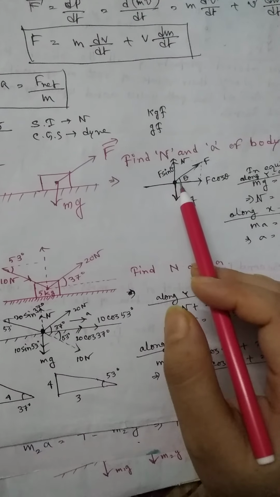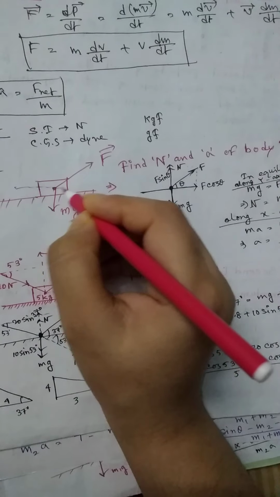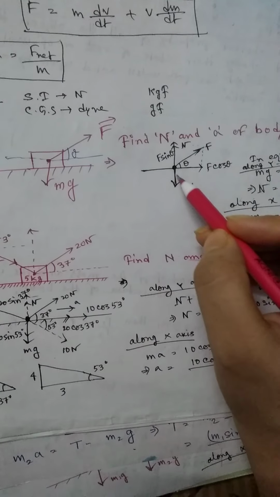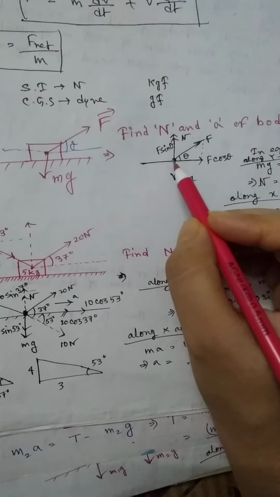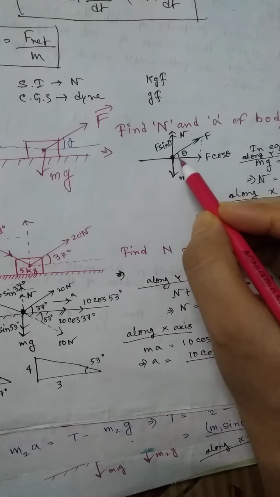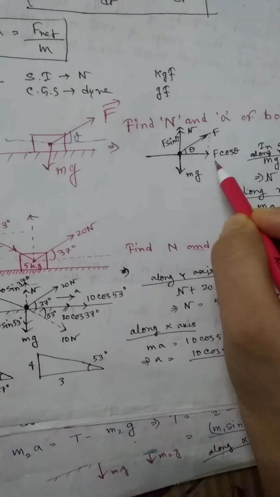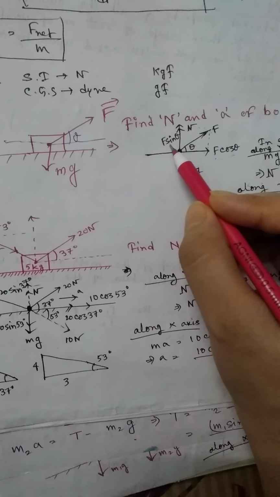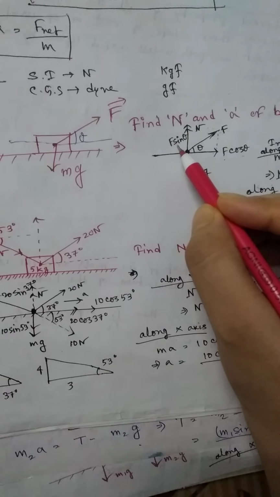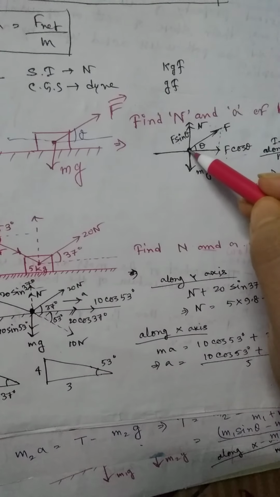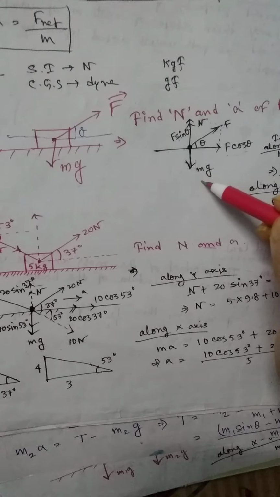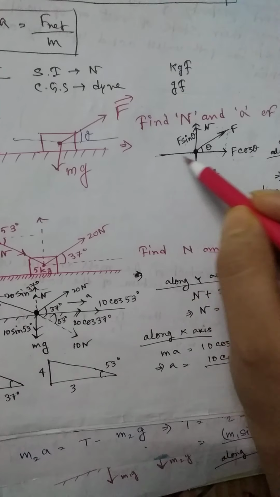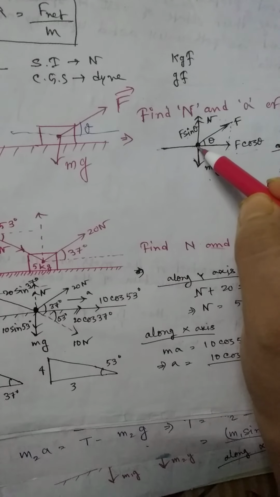So here I am drawing, suppose this force makes angle theta with the horizontal line. Okay, so this is a free body diagram. Here I am assuming this body as a point mass. This is the direction of force, and if this angle is theta, then we get the cos component of force, which is along this side, F cos theta, and the sine component of this force, which is along this side, F sin theta. Another force, the body experiences gravitational force, which is mg, and it also experiences normal reaction along this side, which is always normal to the